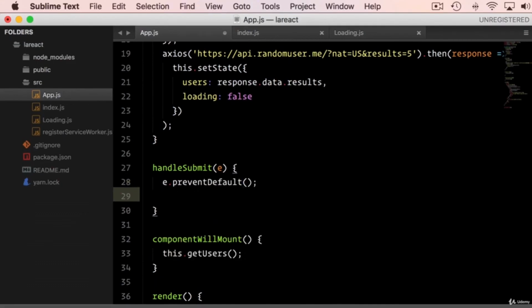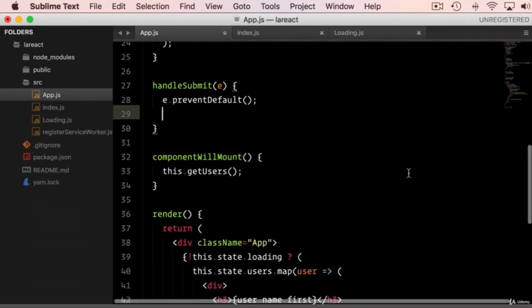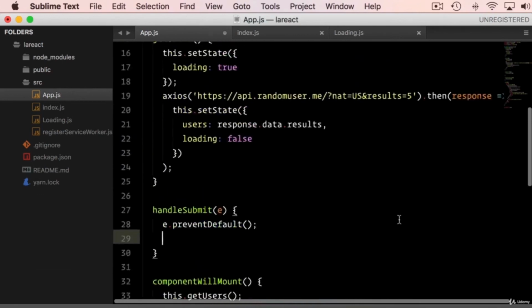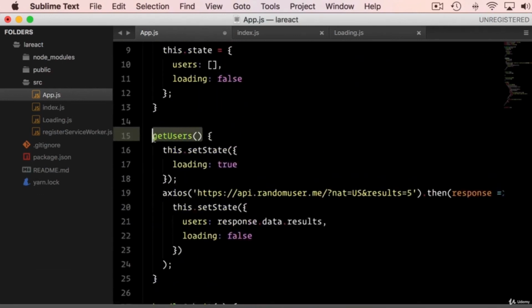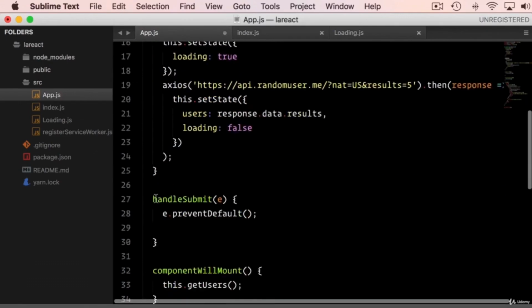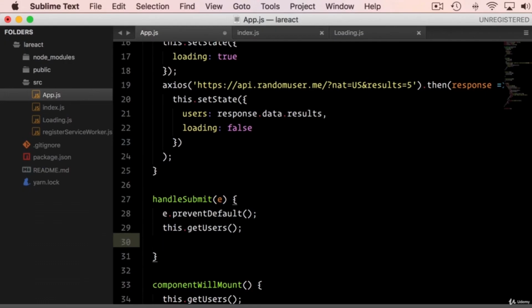Okay, once we do that, in fact what we're trying to do is make an API call to load more users, right? So let's do that. All we need to do is execute this function, right? So handle submit prevent the default behavior and then load the users. Make sure you have this. So execute this function. Once you do that, console log